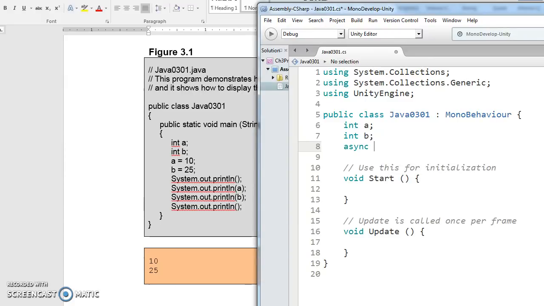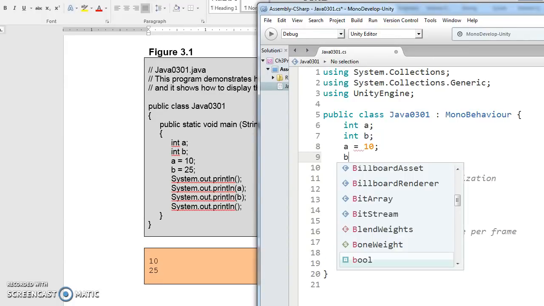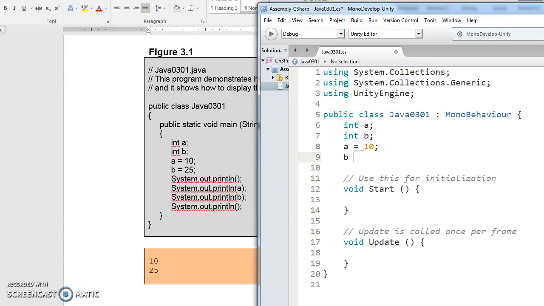A is assigned. Whoa, you gotta watch out for that. Sometimes it'll autocomplete material for you just because it thinks, whoops, there it goes again. It's just trying to be helpful. In this case, it's not being helpful. So A is given 10, B is given 25,